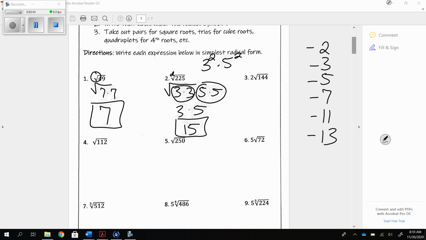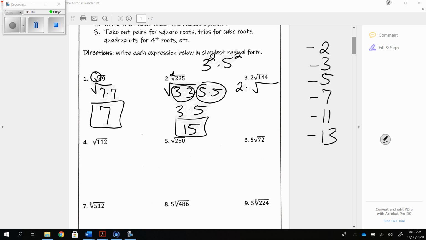All right, moving on to something a little bit trickier. It might look scary, but trust me, it's not. There's a 2 on the outside. All this means is it's 2 being multiplied by. All right, then 144, we can do it the hand way, the calculator way. Menu 2, 3,